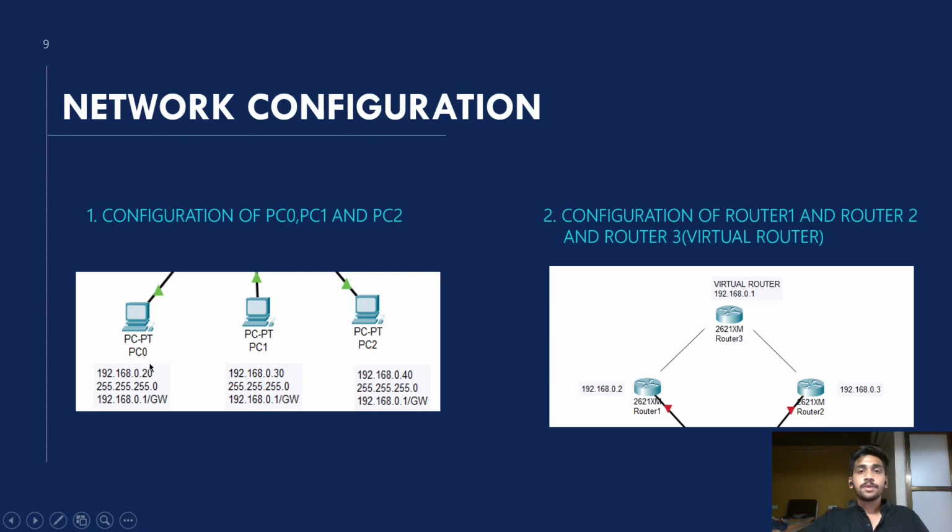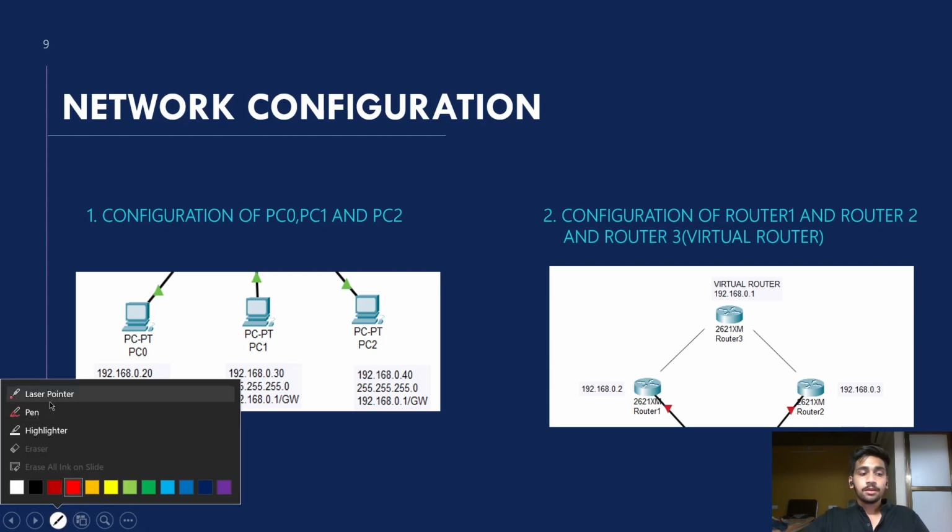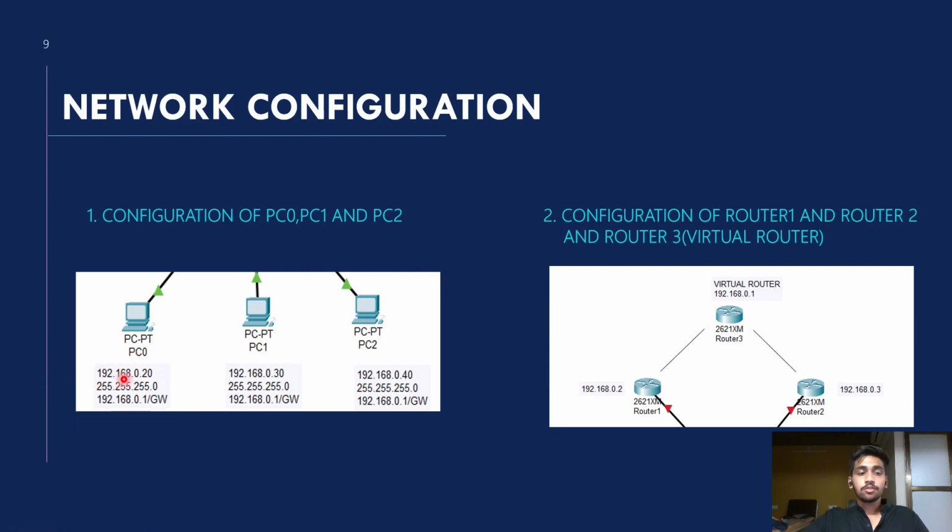The IP address of PC 0, as you can see, is 192.168.0.20. For PC1 it is 192.168.0.30, and for the third PC it is 192.168.0.40. The subnet mask for all the PCs is 255.255.255.0,